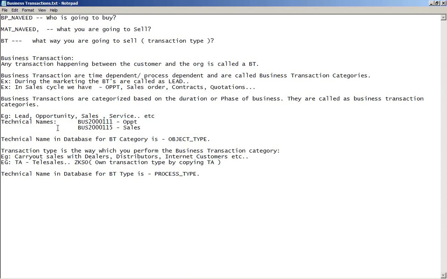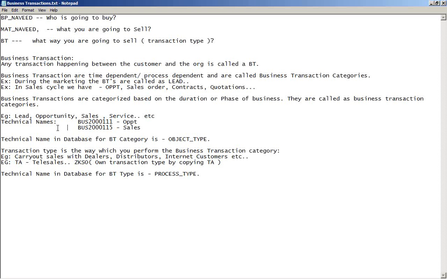So a transaction category can be done in many ways. For example, take a sales transaction category. You can sell your product through the internet in a different way, because through the internet you will offer a cash on delivery option or an immediate PayPal account option, or you can have different delivery conditions or billing conditions.